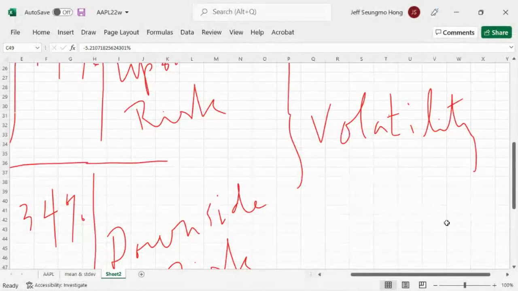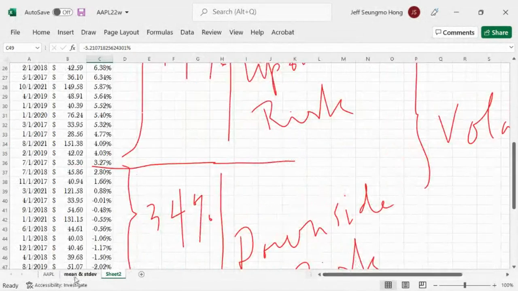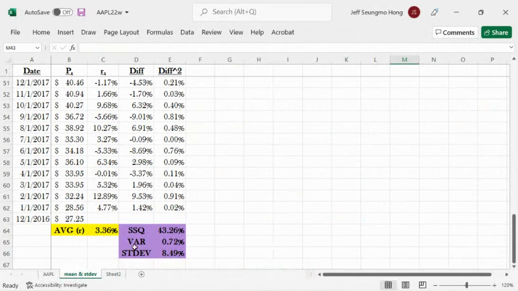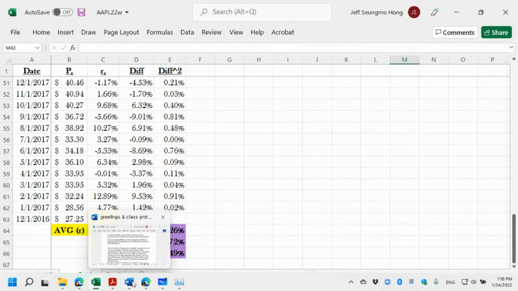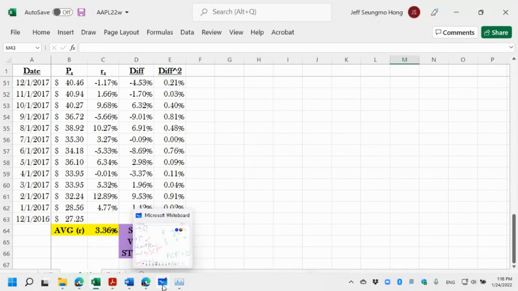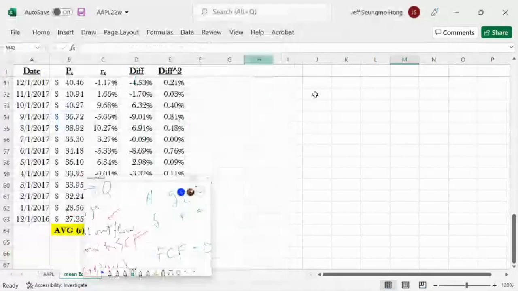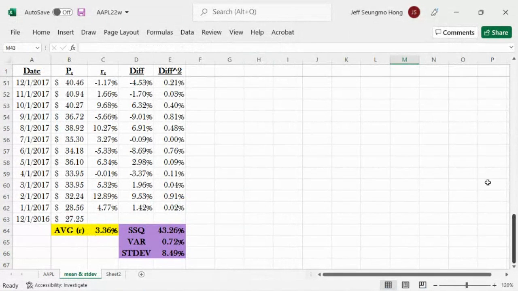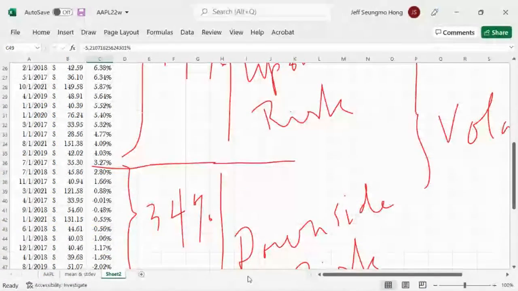Okay. So our mean was what? The mean was 3.36. Standard deviation was roughly 8.5. So 3.36, so roughly 3.4 and 8.5. And so that means we have